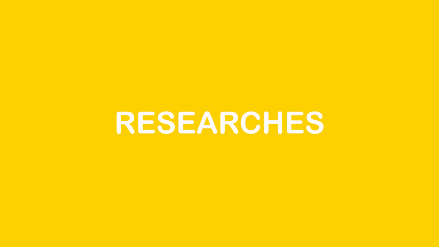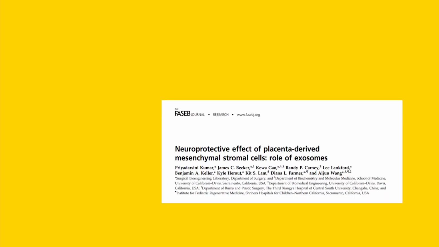Let's talk about the trending research about spina bifida. The most trending research is about placenta mesenchymal stromal cells, a potential treatment for spina bifida. Placenta-derived mesenchymal cells are derived from early gestation placenta, possess all of the phenotypic characteristics of mesenchymal cells, and secrete high levels of the neuroprotective, immunomodulatory, and angiogenic factors including brain-derived neurotrophic factor, hepatocyte growth factor, VEGF, and the chemokines